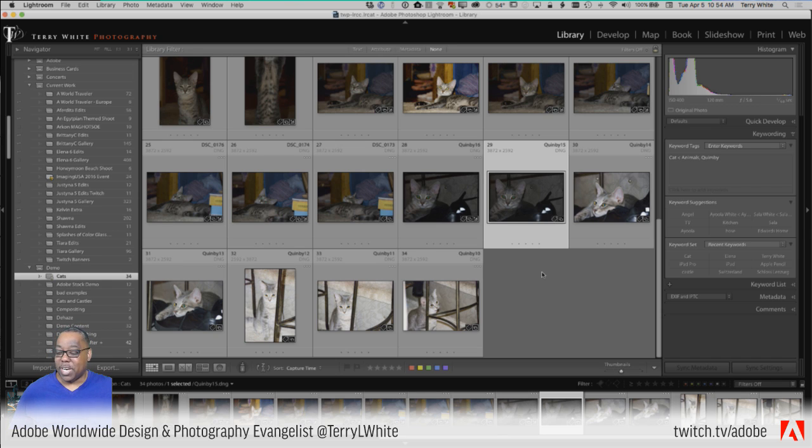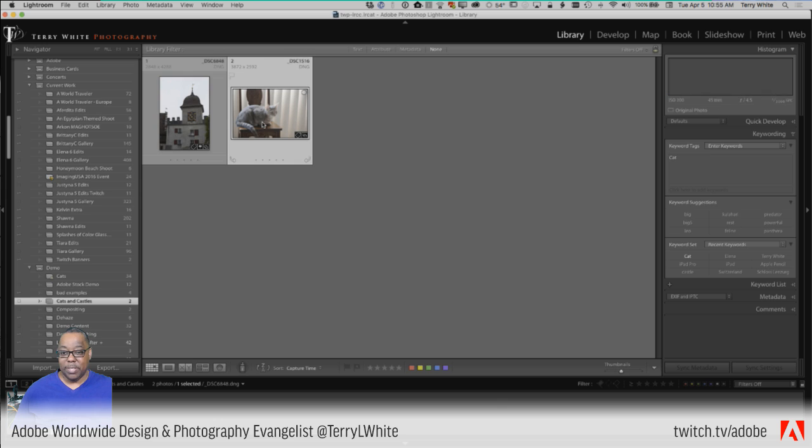I use smart collections all the time to quickly identify photos. For example, I keep a running smart collection that will identify photos that were shot with my iPhone 6S Plus, because I want to quickly find all my iPhone photography. And the way you update that collection will be based on any changes you make. So this one does not have the keyword Quimby on it, but if I gave it that keyword now,